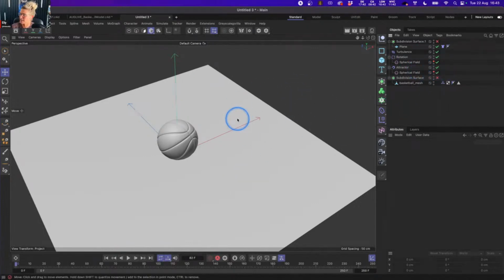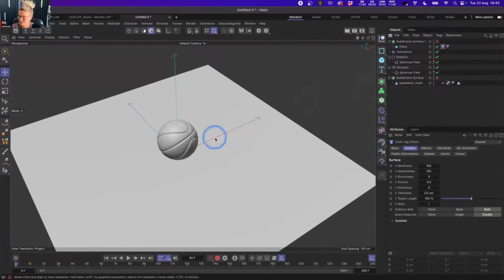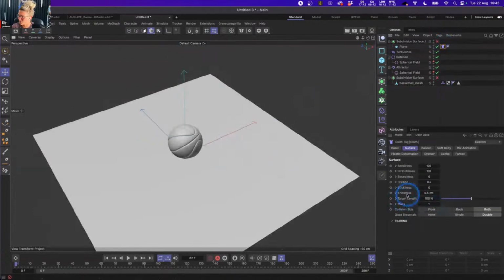So another quick thing that we can do is this target length option. What target length will do is, based on the value that we enter, the cloth is going to increase in size based on that percentage value. And what I do like to do is animate this on. So maybe we'll go to something like 30 frames, and we can go to 125%